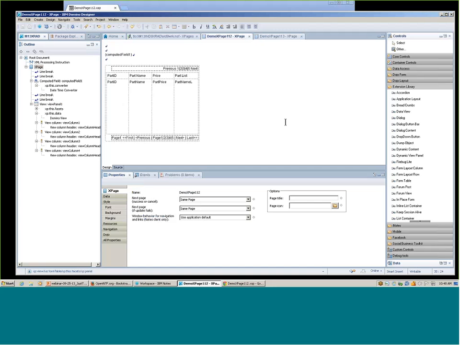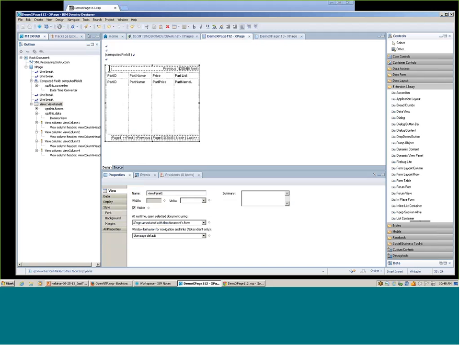So for those of you who are not completely familiar with facets, if you've worked with a view panel control, and that's what I have here in Designer on this XPage, you've actually been working with facets. Let me select my view panel control.